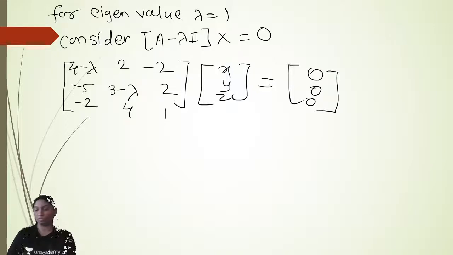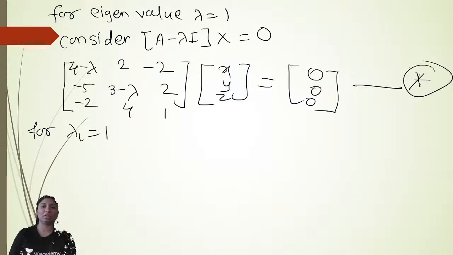We will call this equation star. Whatever eigenvalues there are, we will put them in the star. So for lambda 1 is equal to 1, we will get the matrix